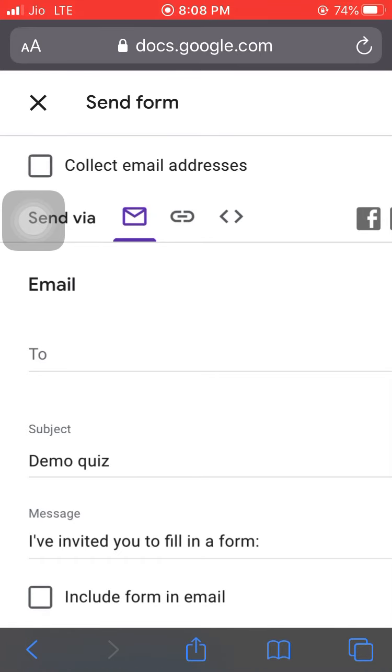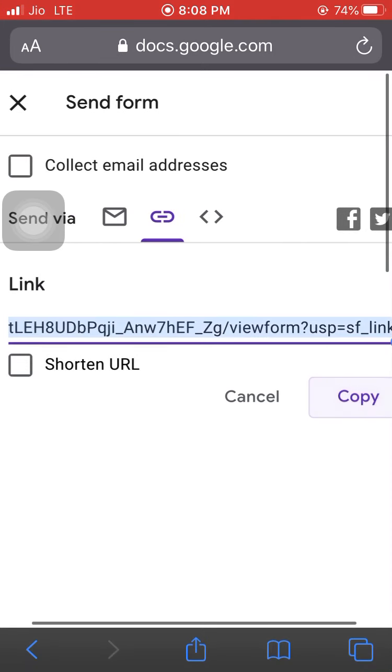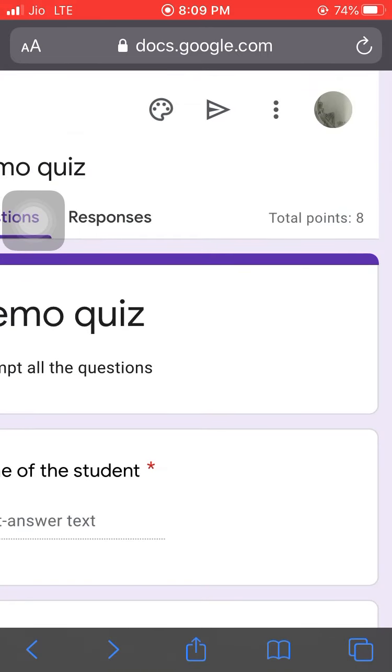we don't have the email of all the students, so the easier option is that we can click on this copy link button, this button that is coming in purple now. We can copy the link from here and paste it in our WhatsApp group. Wherever we have a WhatsApp group of students, we can paste that link, and as the students click on that link, this Google form will be shown to them. They can solve that Google form, and as soon as they submit, you can see the responses in this